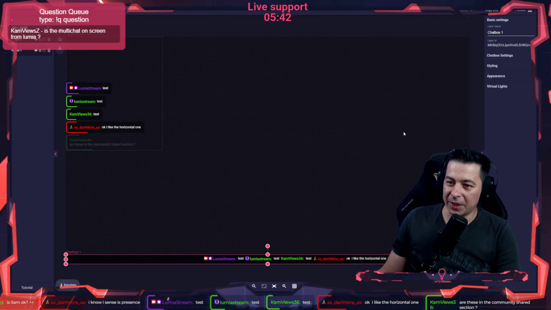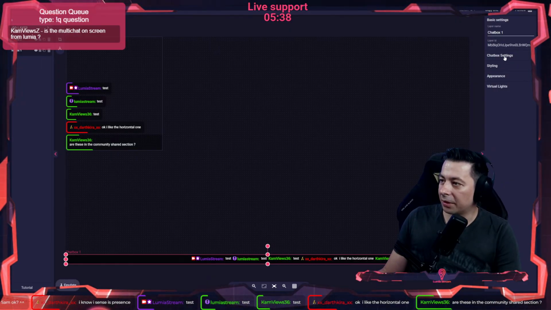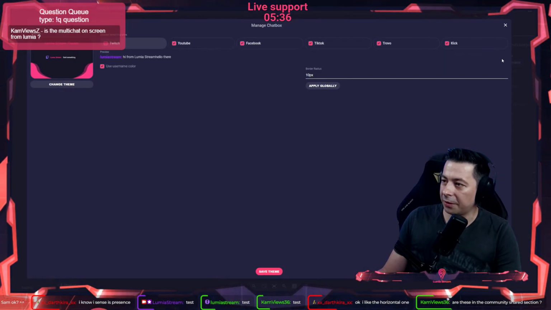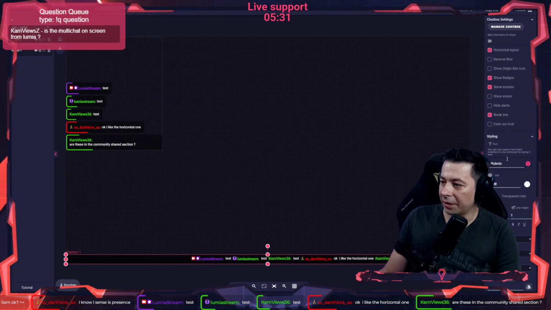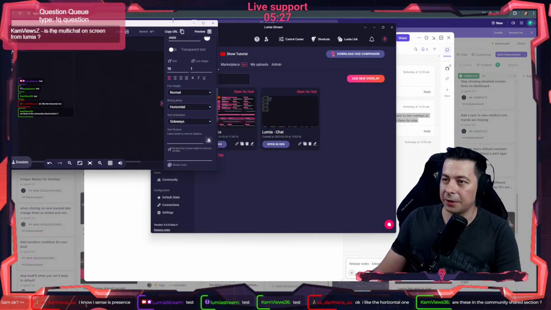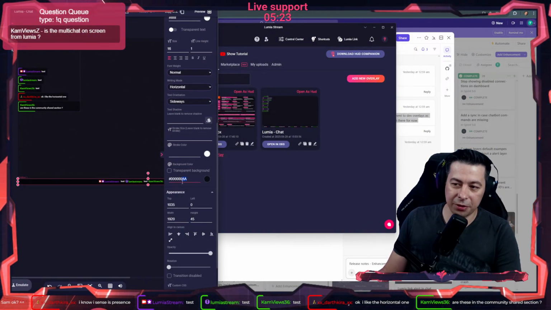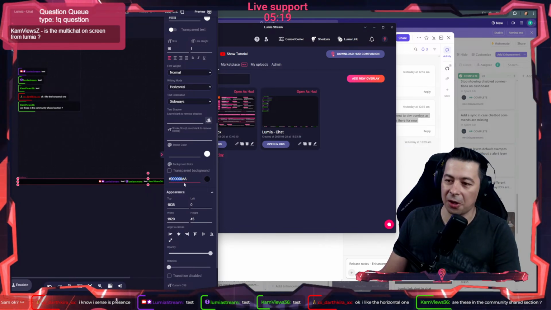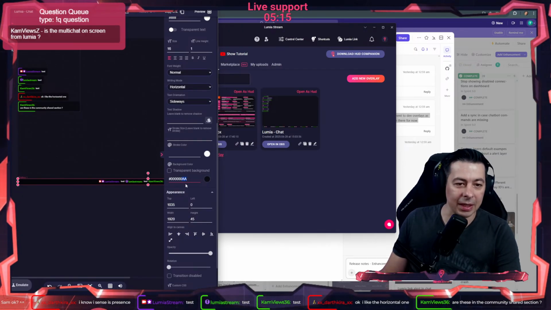This one is a bit trickier because it was custom made. In the settings, you have appearance and styling. In styling, you have a background color. The first 6 characters are the hex color, and the next 2 are transparency for RGBA.